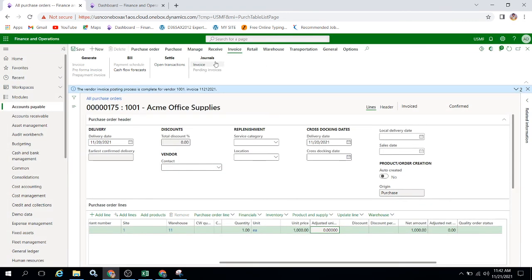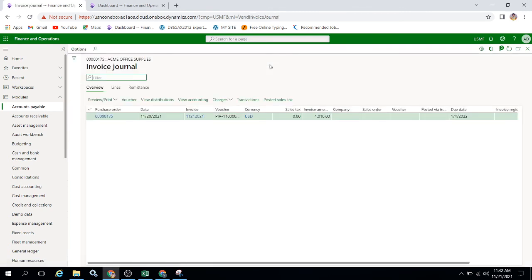So the invoice got posted. Let's check the invoice journals. What is the entry posted? See, it posted an invoice amount of 1010 rupees.